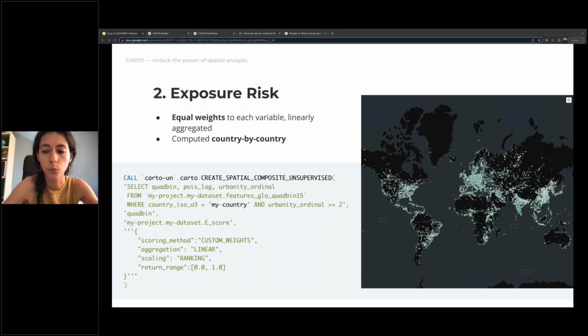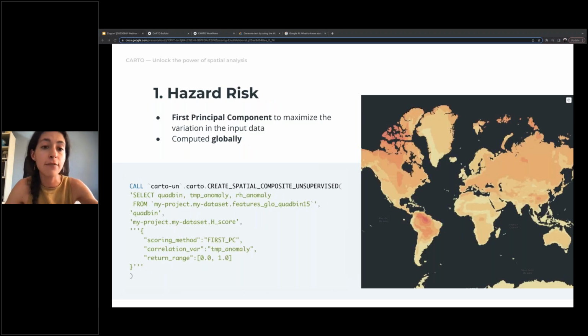And here we did not compute the scores because these are areas that are remote or rural, and we are focusing only on urban areas. So this is why we're not covering the whole area. But for the hazard risk, even though we are only focusing on urban areas, we want to consider the whole